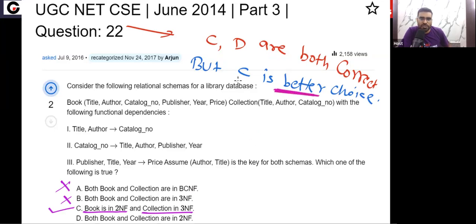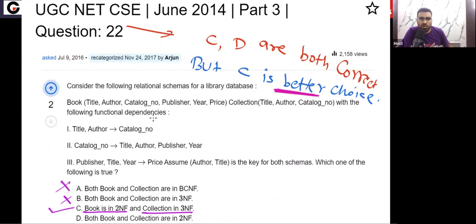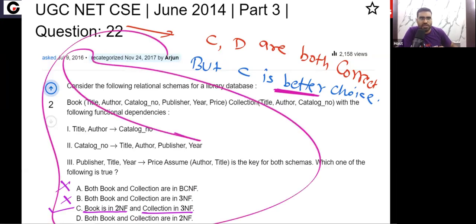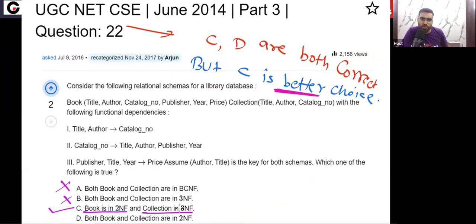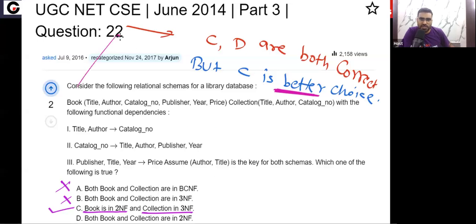You will get marks for C because I know the question maker, actually not the question maker, the question copier. जिसने भी ये क्वेश्चन कॉपी किया ना, उसके दिमाग में ऑप्शन सी ही चल रहा है. उसने ओनली वर्ड हटा दिया. वो सोच भी नहीं रहा है. उसको लग रहा है कि ओनली वर्ड तो फालतू है. ओके, यहाँ पे जो ओनली वर्ड गेट वालों ने यूज किया है वो तो फालतू वर्ड है, तो उसको हटा देते हैं. तो एनीवे, जिसने भी ये क्वेश्चन कॉपी किया है वो आपको ऑप्शन सी के लिए मार्क्स देगा. वो ऑप्शन डी के लिए मार्क्स नहीं देगा.